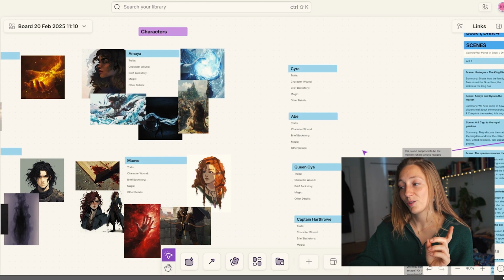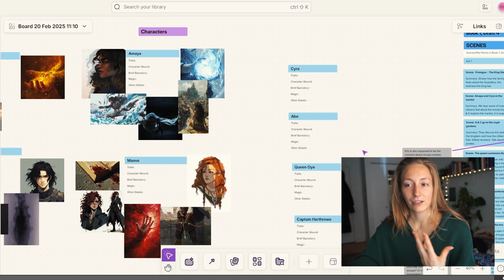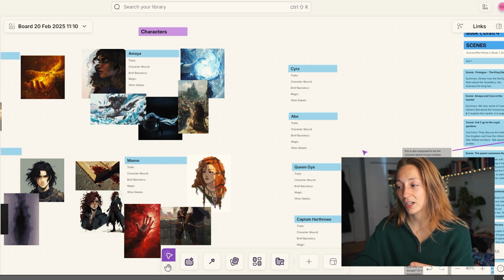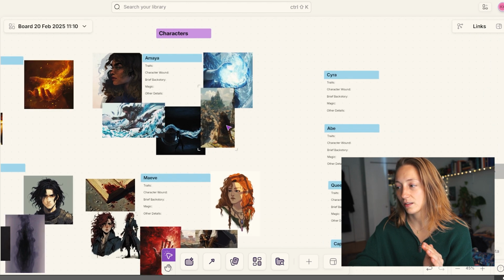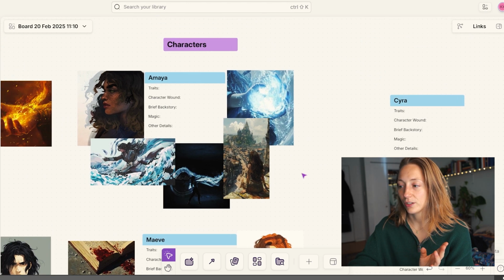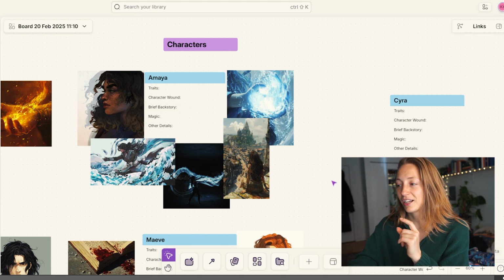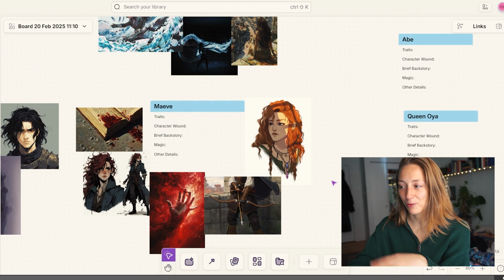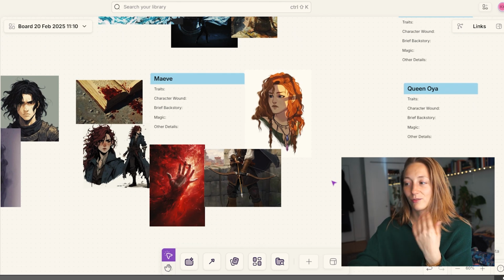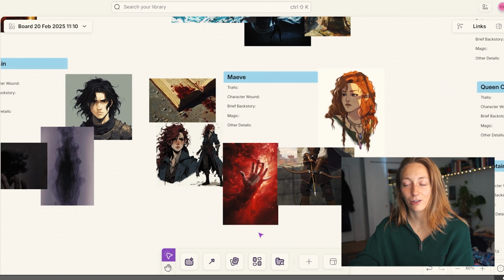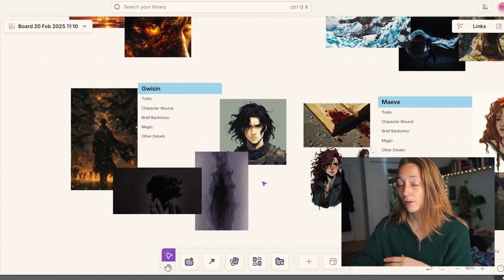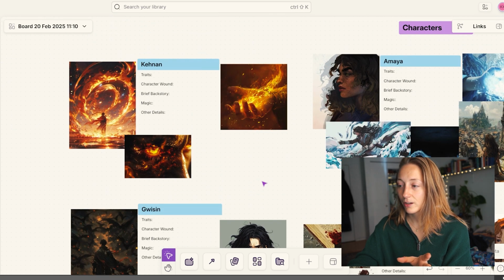So for me, something that I started with, because I feel like I always need to add some sort of visual aspect that gets me excited, is my characters. I've got this section for characters over here, which you can see this is the main character, Amaya. I've got a couple different details that I want to start listing about her. I have not filled those in yet though. And then I really like that I can just scrapbook images around each of my pieces of text so that I can have the character and then some visual references for who that character is going to be. So I also did that for a few of the other main characters, including Maeve, Gwysin,